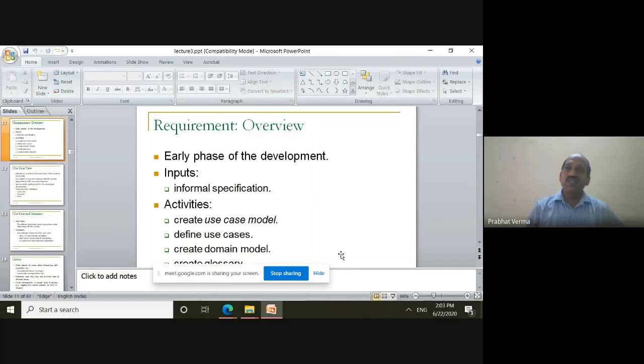During the coding phase, the use cases correspond to the various modules of the software. Similarly, during the testing phase, each use case derives one test case.